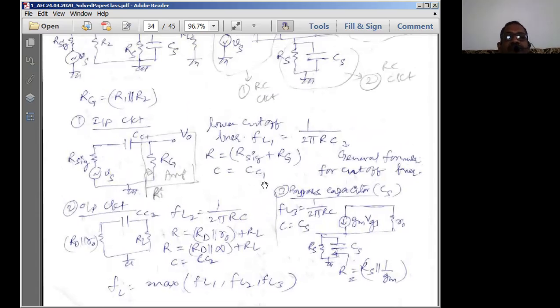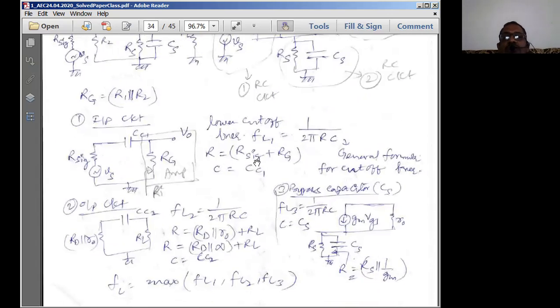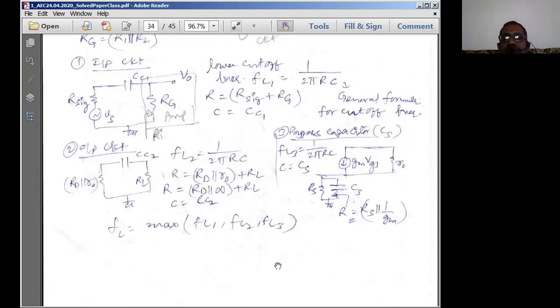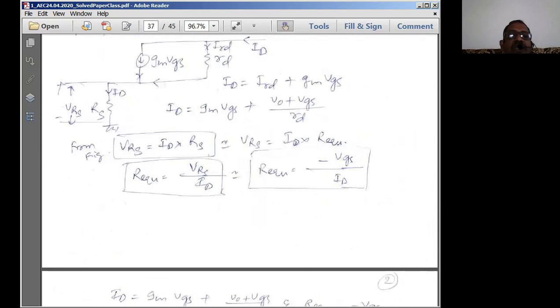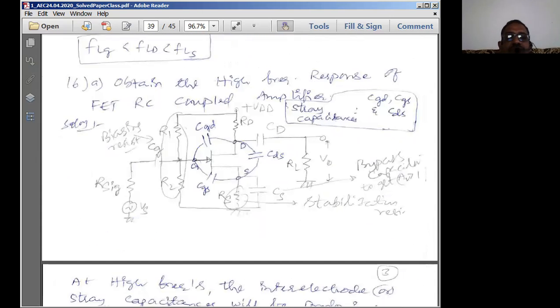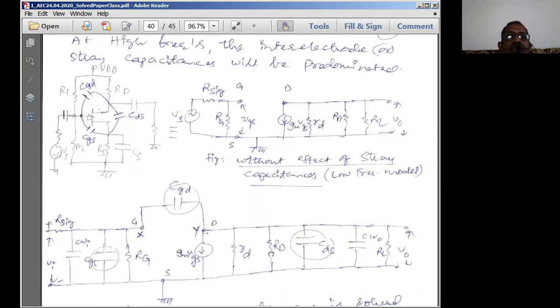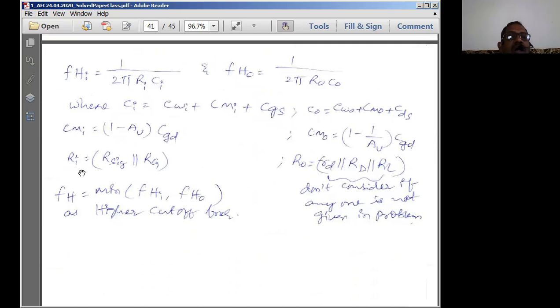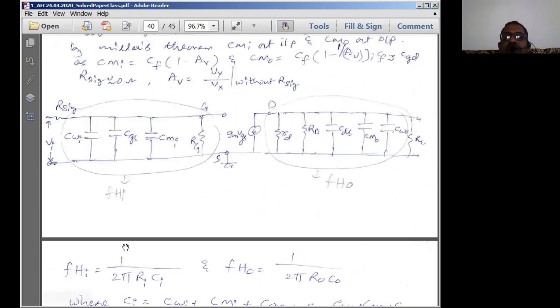See here, R is taken as equal to the input resistance, R signal plus RG, in the case of the lower cutoff frequency analysis, because there is no stray capacitance coming in parallel. Therefore, that is the result we get. That is the difference we have just seen in the case of the upper cutoff frequency. In the upper cutoff frequency, Ri is equal to R signal in parallel with Rg. This is because of the internal stray capacitance effect. So with this, we have completed the high frequency and low frequency analysis of the FET amplifier circuit.